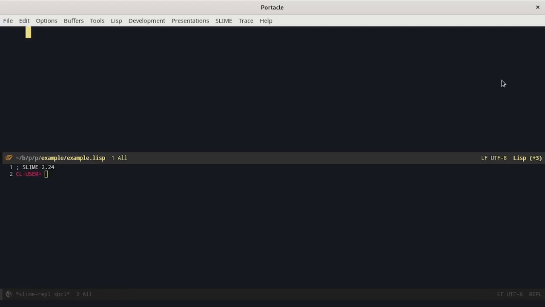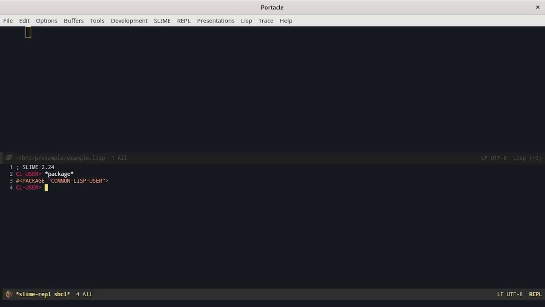A package is a set of symbols. The symbols that are intended to be used by others can be exported and imported in another package. Every time you interact with Common Lisp, you are in some package. We can verify which one it is with the *package* variable. One of the main differences from other languages is that in Lisp, packages are objects like everything else. We can verify it using type-of